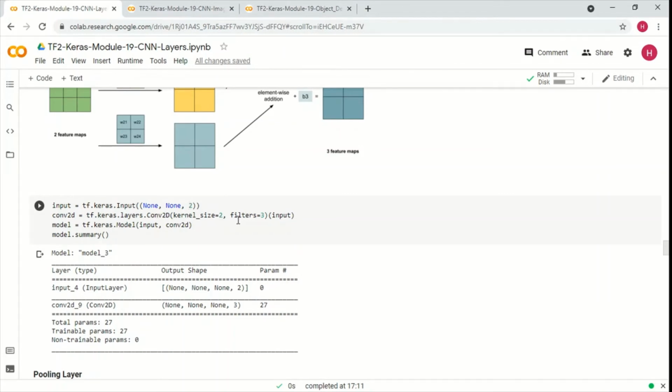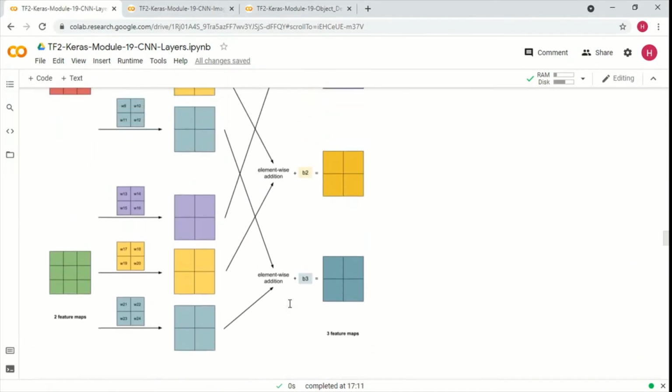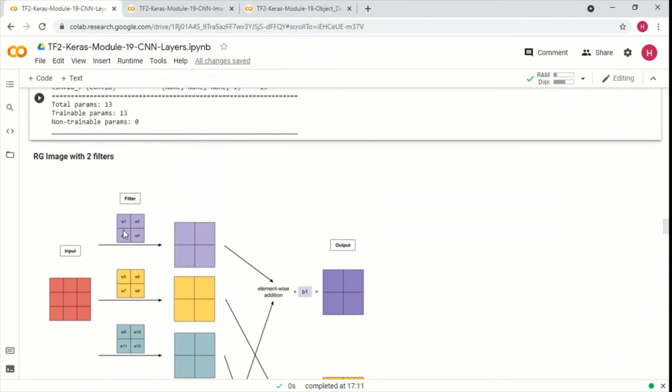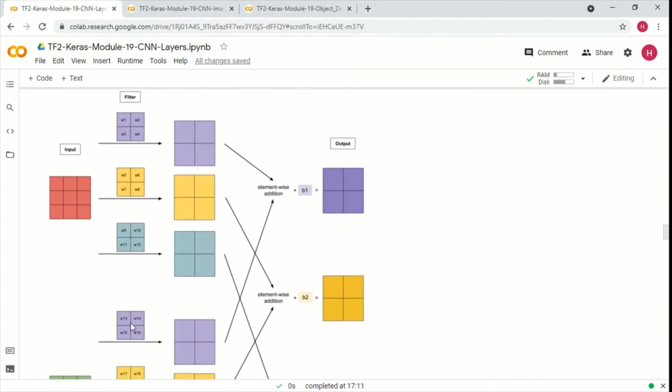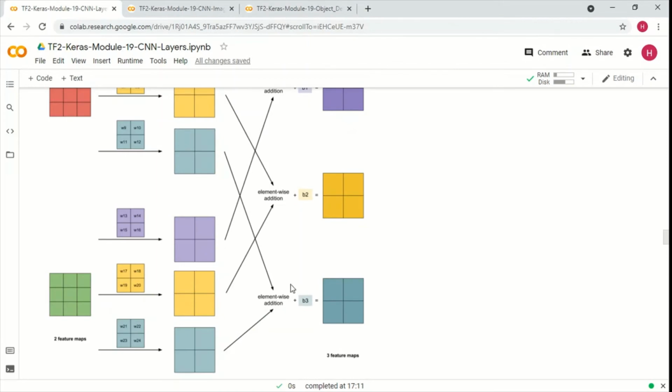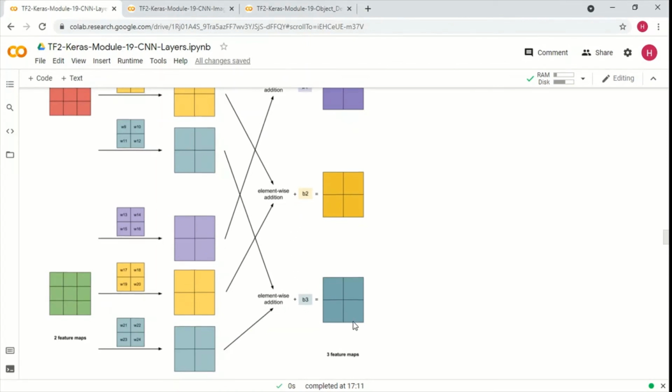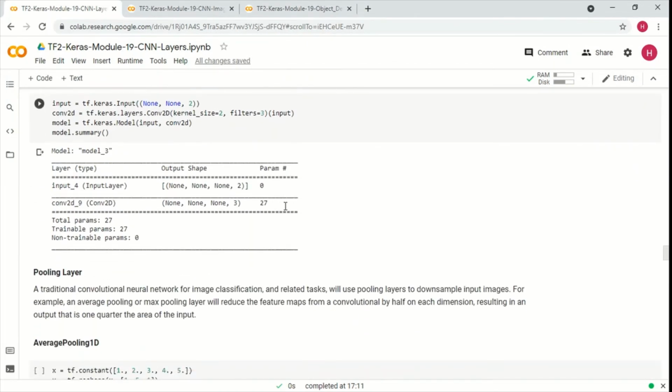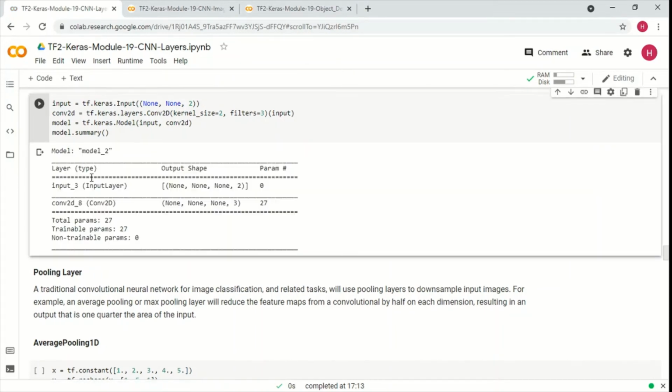The size of the kernel is 2, filters are 3, and the output is 3, as you can see. And the parameters is 27. Why 27? Because this is 4 into 6, 24, plus these 3 biases. That is why there are 27 trainable parameters here. I hope the concept is clear now. Let me quickly execute this code, and that's exactly what we are going to get.